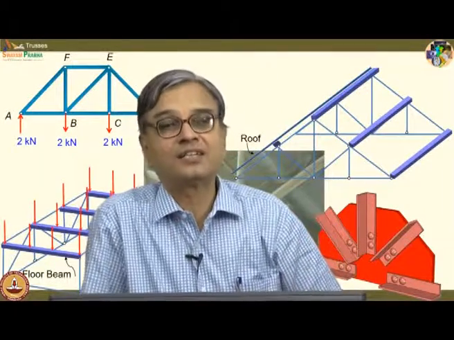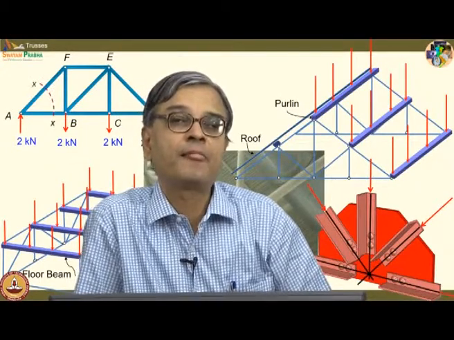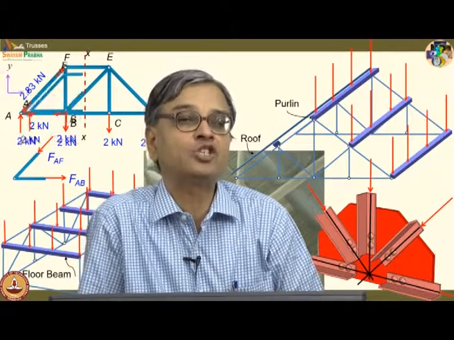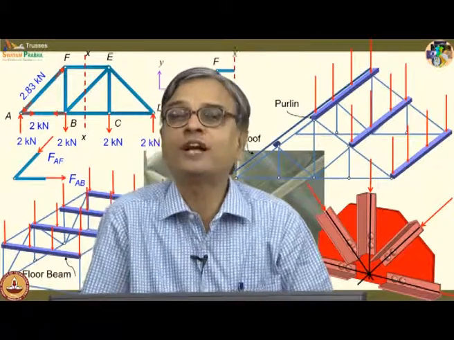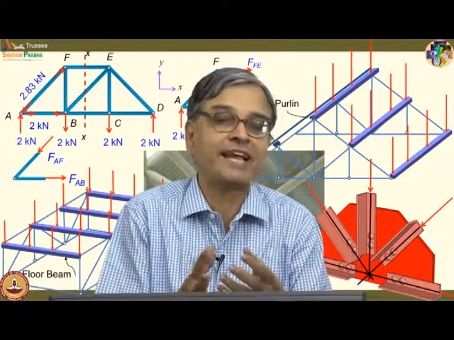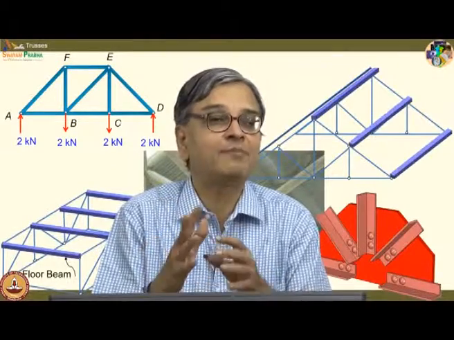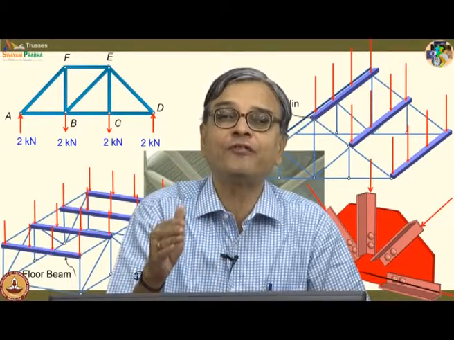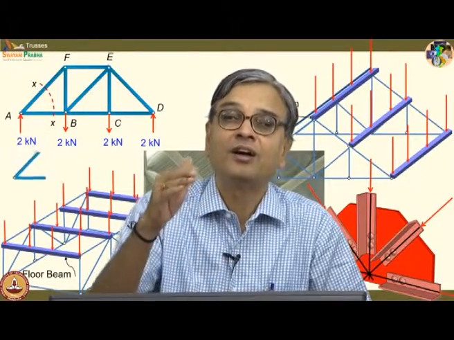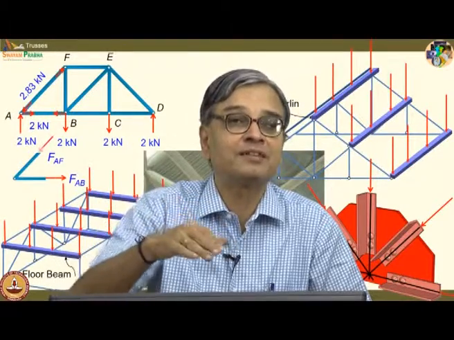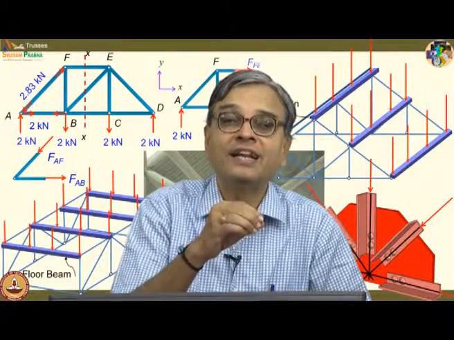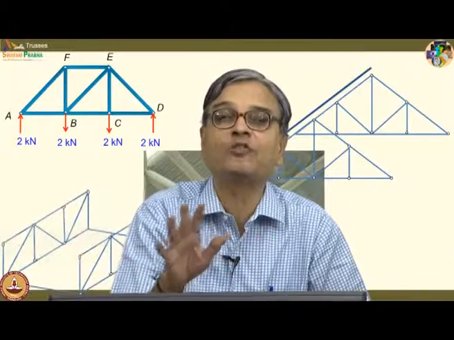I think in this class we have seen systematically what is the method of joints. We have determined the member forces. I personally feel you isolate a joint by an imaginary cut. You do not have to worry about how the joint has been made. It can be a riveted joint, it can be a bolted joint, it can even be welded, and you will naturally put the force interaction on the member only on the member. There is no need that you have to put the forces on the pin when I isolate separately in the direction of on the side of the member. All that confusion will not come.